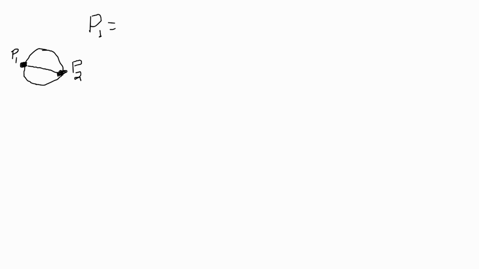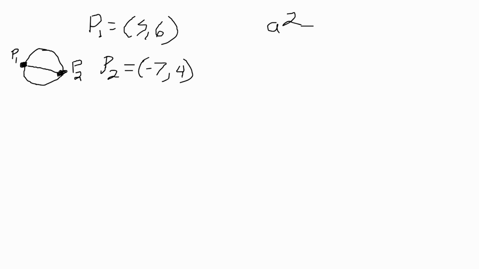5, 6. Love that. So I'm going to put 5, 6, and point 2 is going to be -7, 4. Now, I have no idea if these are in the right spots. I don't care that they're in the right spots. All I know is that I'm about to use triangles to help me get at the meaning of this circle, right? And triangles come from a squared plus b squared equals c squared, since all that a circle is,